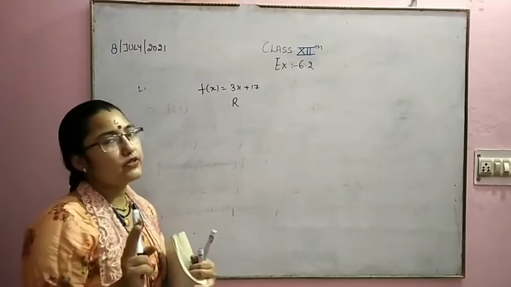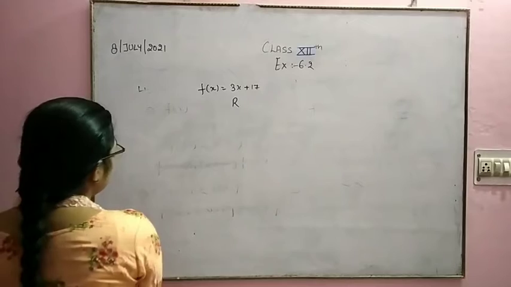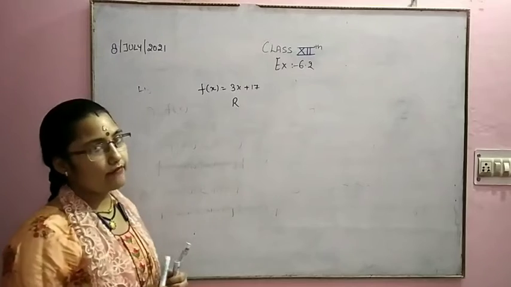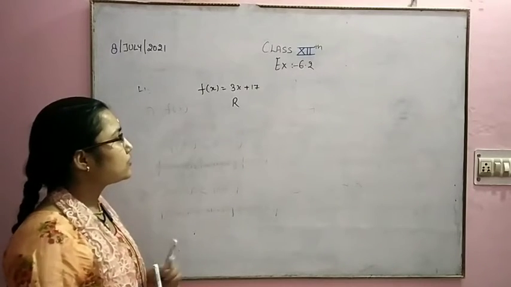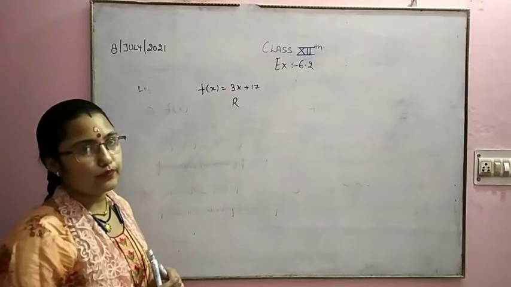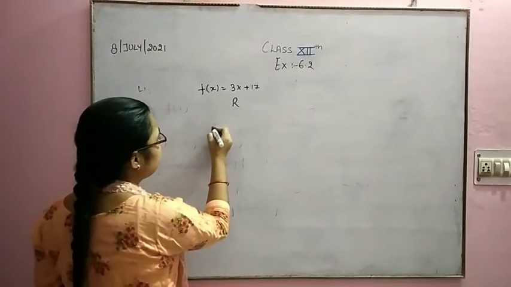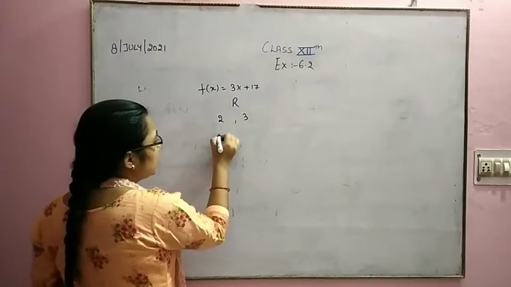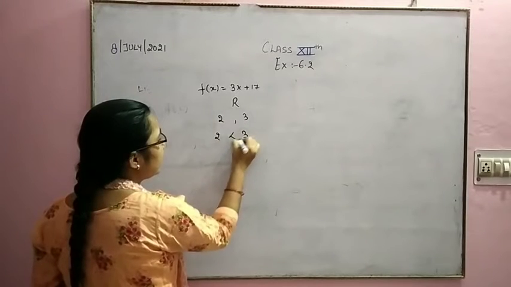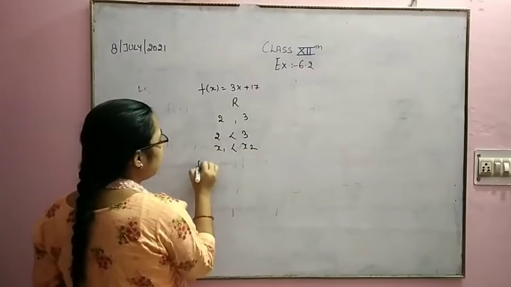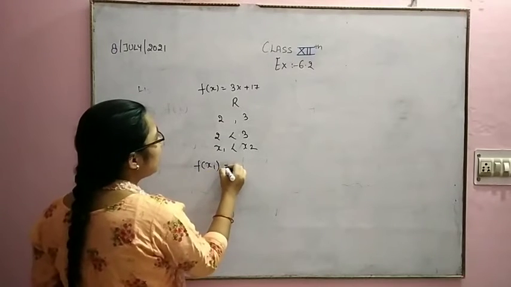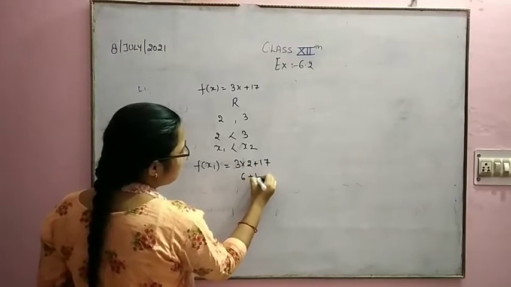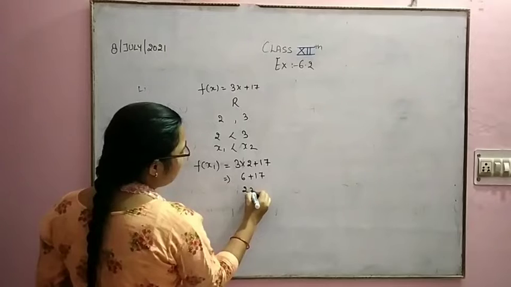So we have two options. Firstly, just select two numbers within the limit R and then find the values f(x1) and f(x2). It is compulsory that we select x1 less than x2. Correct? Suppose for any two real numbers, firstly we select 2 and 3. So it is clear that x1 is less than x2. Correct? And if we find the value of f(x1), we get 3 into 2 plus 17, that means 6 plus 17. So we get 23 here.